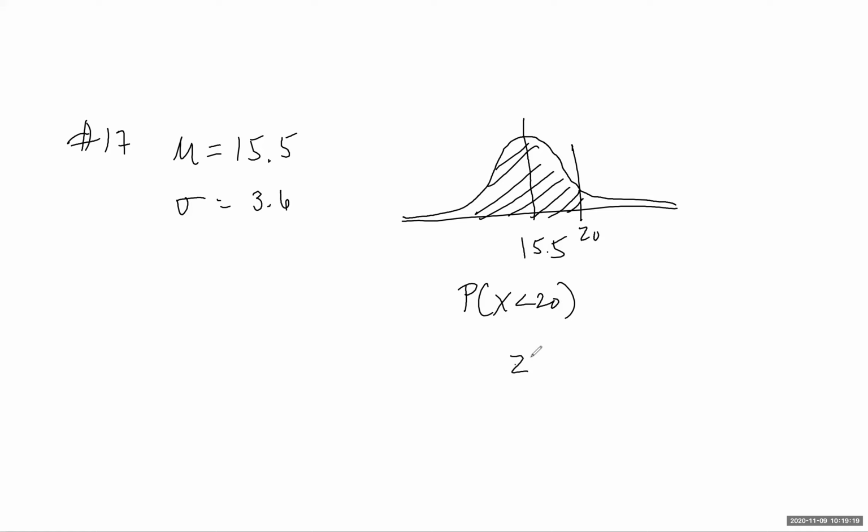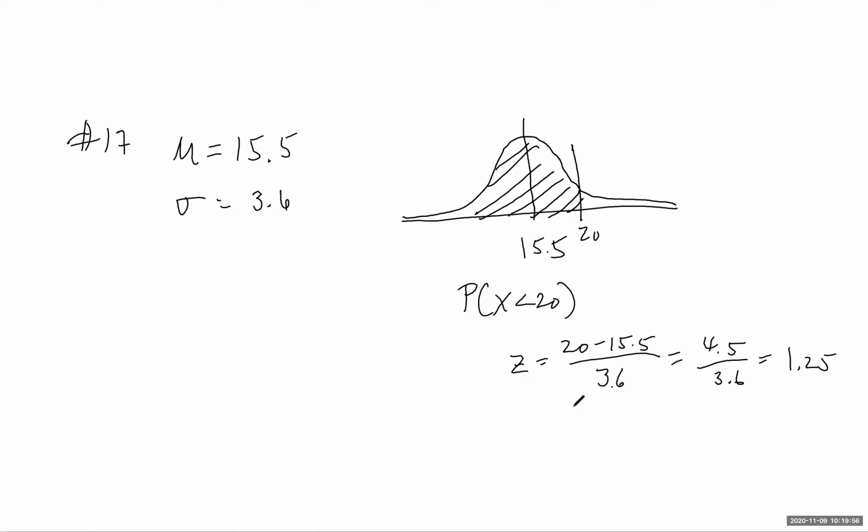We first find our z-score. 20 minus 15.5 divided by the standard deviation, 3.6. We get 4.5 divided by 3.6. 1.25. We look that up in our chart, 1.2 and over to 0.05, and I get